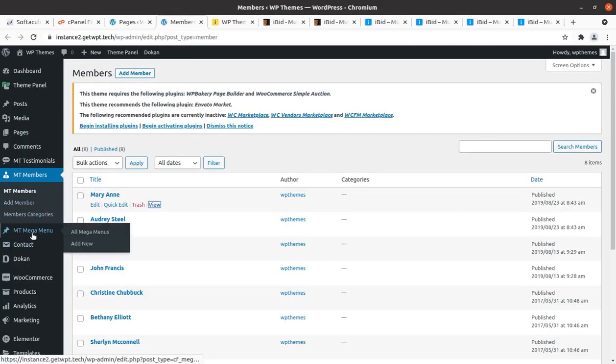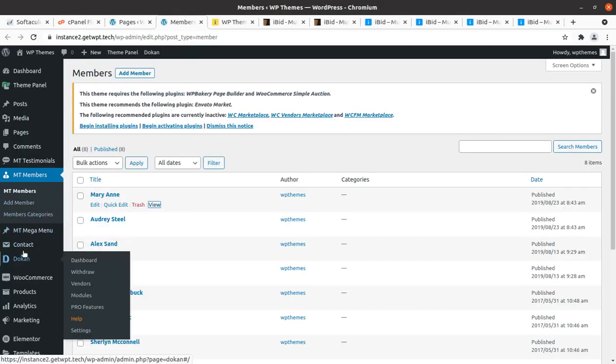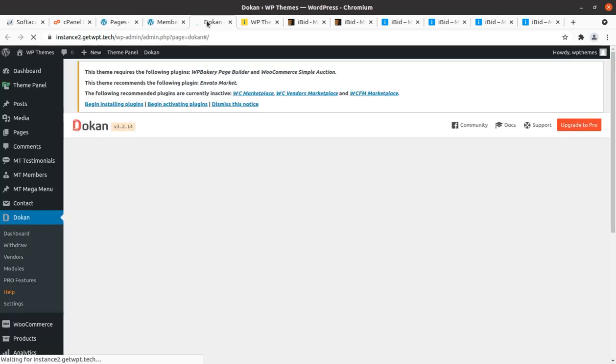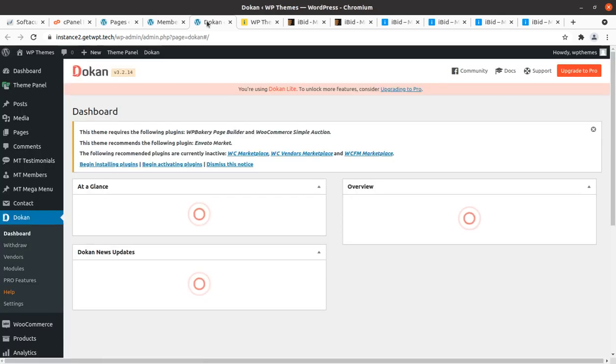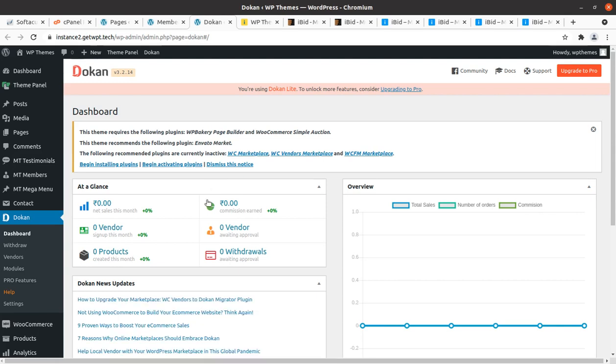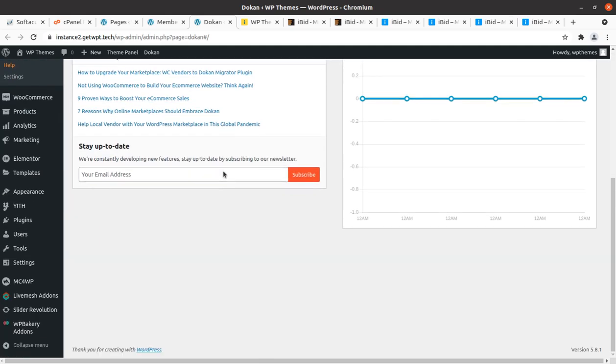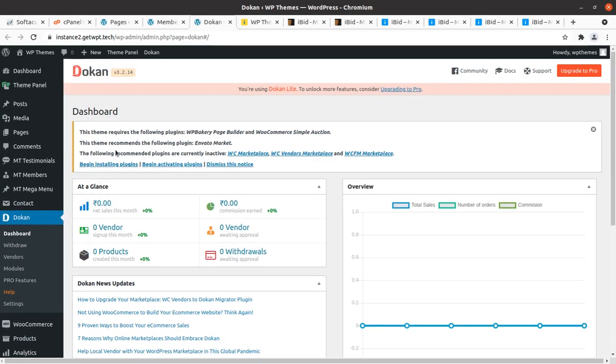And similarly empty mega menu. Contact form. Dokan is especially for the multi-vendor facility, and you need to configure the complete Dokan activity. So this is another setting, and you need to have a complete setup for using Dokan.